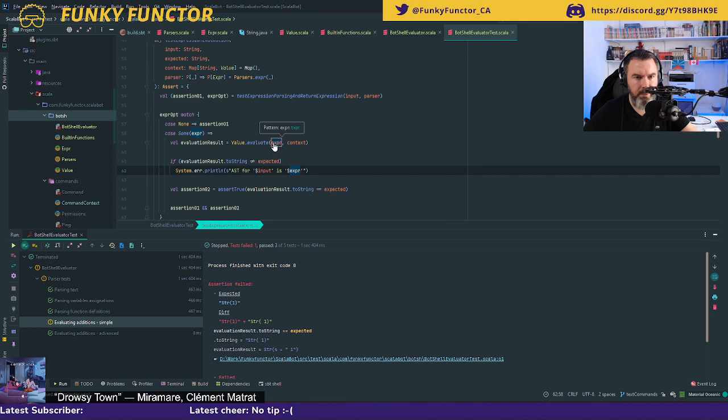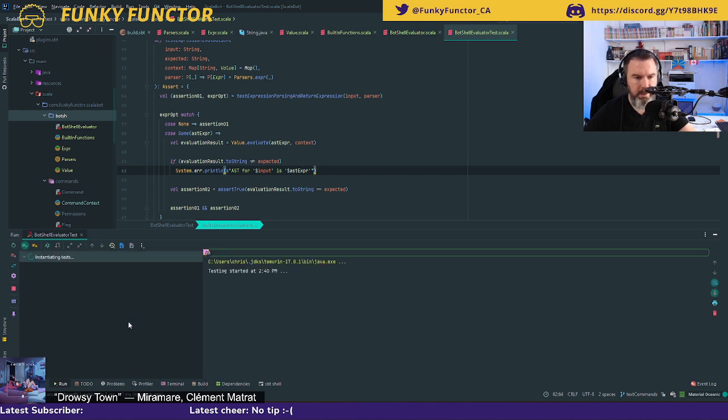So expr is the abstract syntax tree that gets returned. Okay, so AST for input is that. And by the way, let's rename that to something more meaningful, AST expr. So if I try to run that, at least I should be able to see what kind of AST I'm getting and where the problem might be.